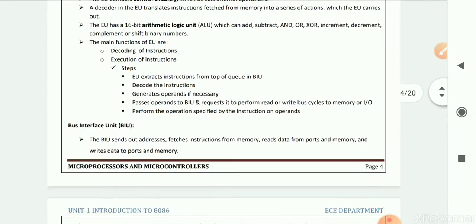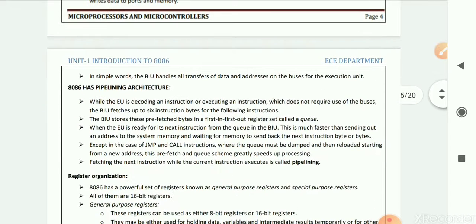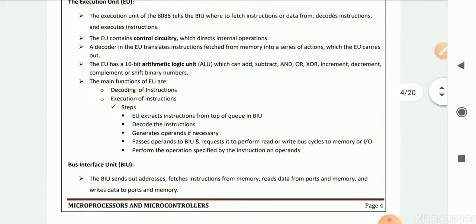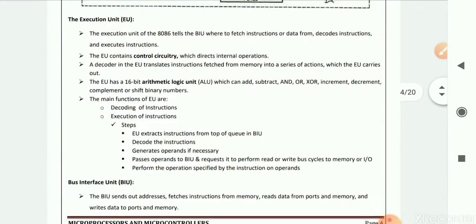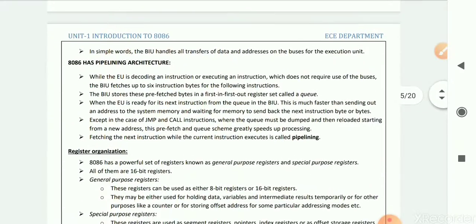The execution unit is this, and BIU. So in the bus interface unit, it has the queue architecture, which is helpful in pipelining the instructions. Okay, so 8086 has the pipelining architecture. This is the main advantage of this microprocessor compared to the 8085 microprocessor, because if you use the pipelining concept, you can